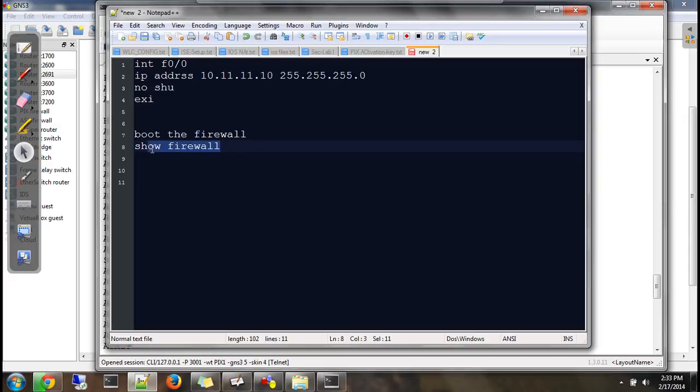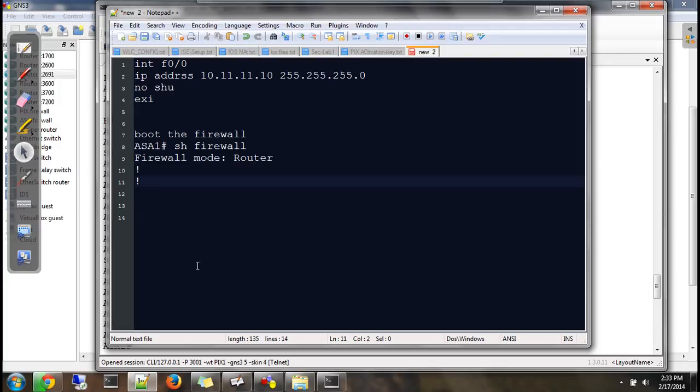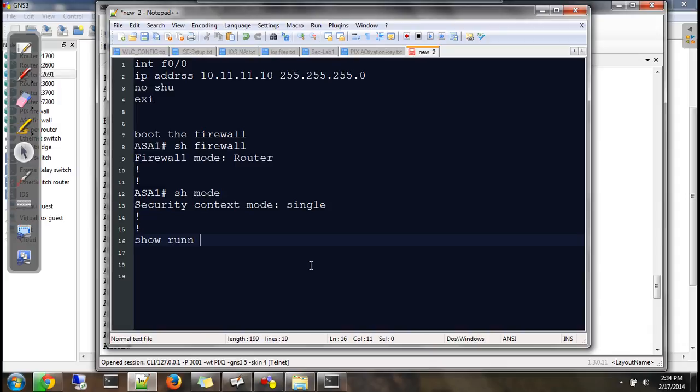You should get this output. Then next command would be show mode. You should get this output, mode single. Then next command say show running policy map.